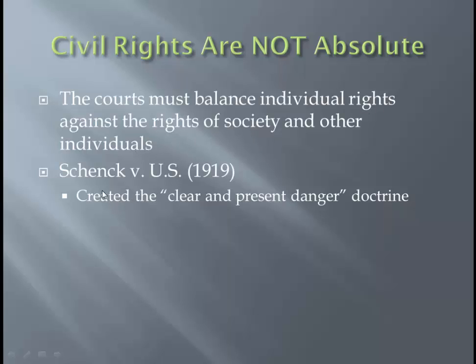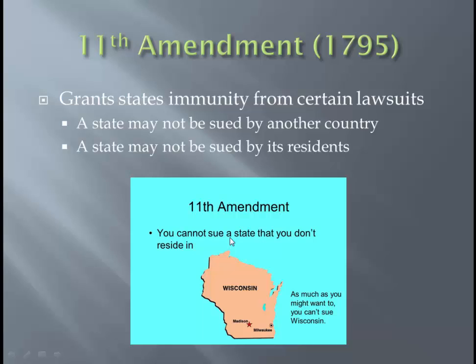And in a great court case, Schenck versus the United States, which happened during World War I, Charles Schenck was advocating against the draft. He was basically telling people not to go fight in World War I. He got arrested, and he challenged it. He said, wait a second, I have First Amendment freedom of speech. You can't do that. And the court said, no, Mr. Schenck, your rights can be limited. They are not absolute. Your rights can be limited if you're doing something that's creating a clear and present danger. We'll go over that case again when we hit the history, when it comes back up during World War I. So that's not the only time you're going to see that, right?